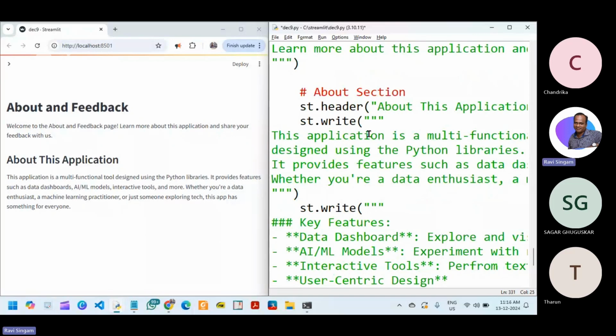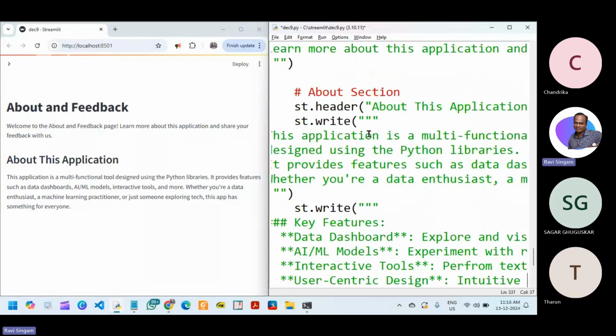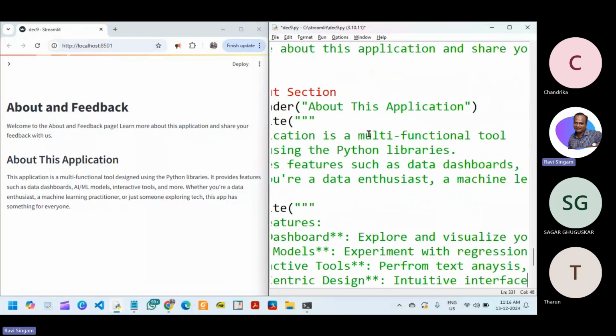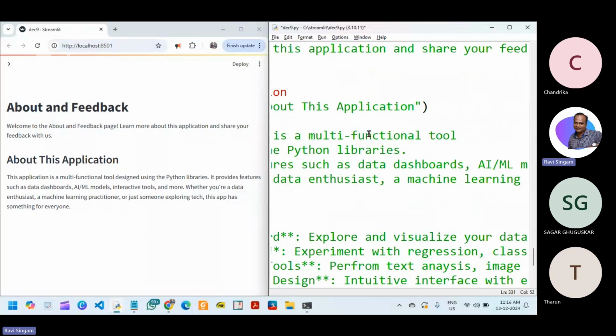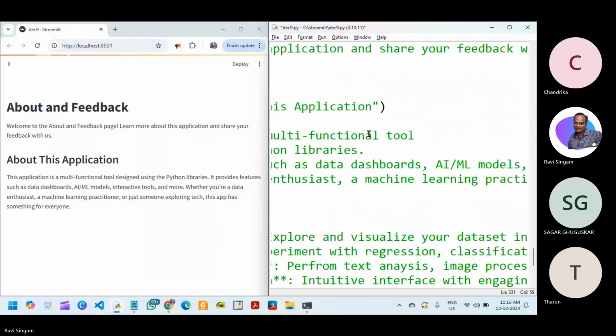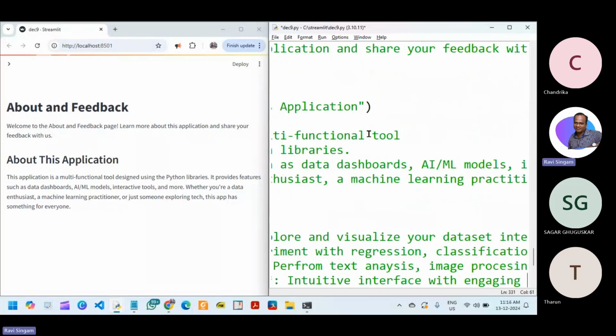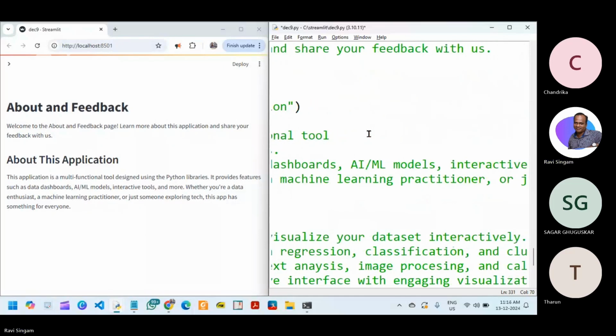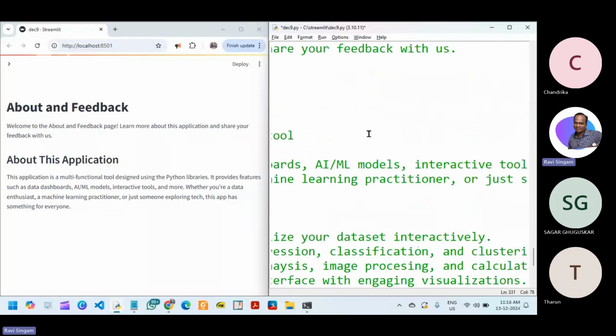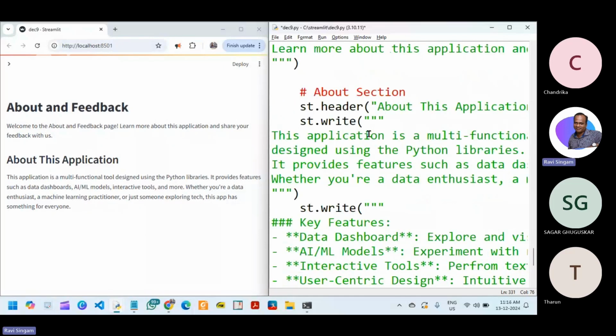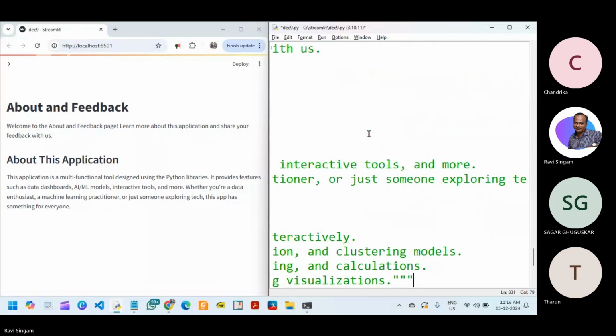So that's what we did yesterday. Okay, so intuitive interface and with engaging visualizations. And in the next slide,